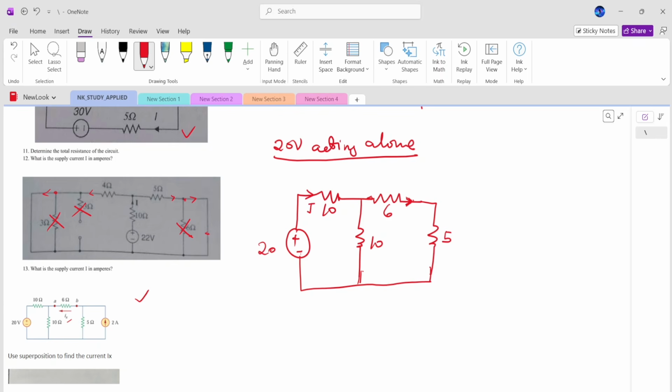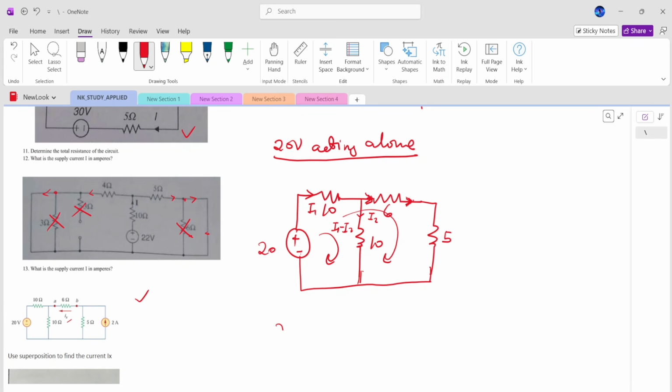So let's call it I1. And the current here is I2, and the current here is I1 minus I2, right? So we can take loops and then find our I1 and I2, and we know the current through the 6 and 5 ohm resistor. So let's do that. If we write the loop for the bigger one,